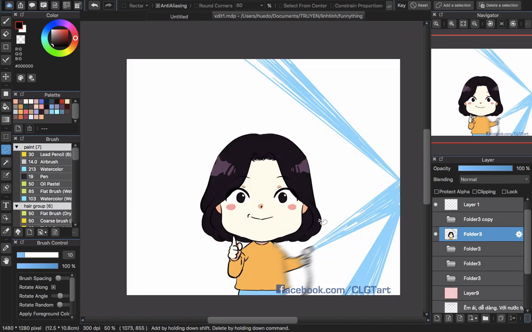Okay, now it doesn't look very beautiful, so I will turn on the original folder again, and lower the opacity of this one. Sorry, wrong. Click the folder and lower the opacity of this one a little bit more, around here, so it looks more beautiful. That will depend on your choice, and that is all about the motion effect with Medibang Paint